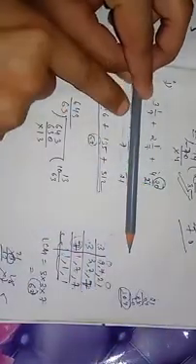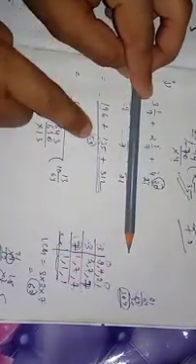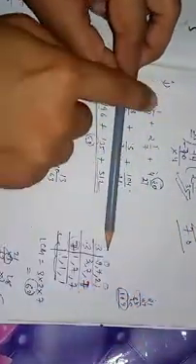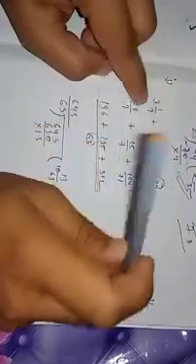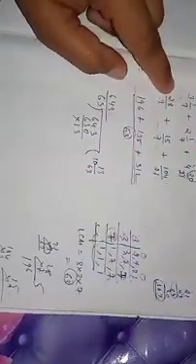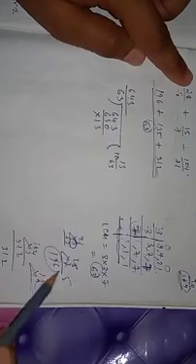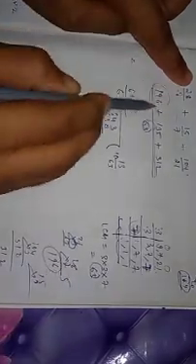Now count the table of 9. How many times will you get 63? 9 7s are 63. So this 7 will be multiplied with the hidden numerator over here, 28. So we have to multiply 28 with 7. I have done it for you over here. Look over here, 28 into 7. If you multiply, you will get 196. I have written 196 over here.